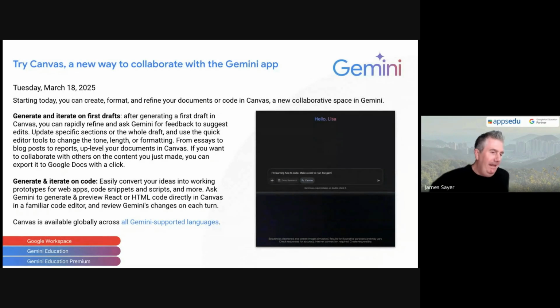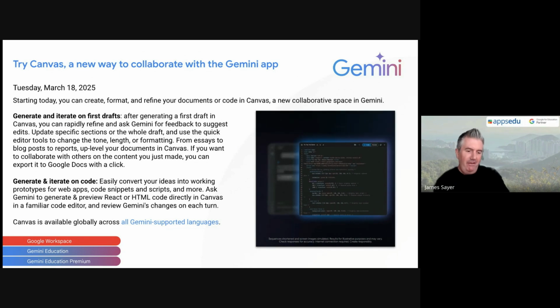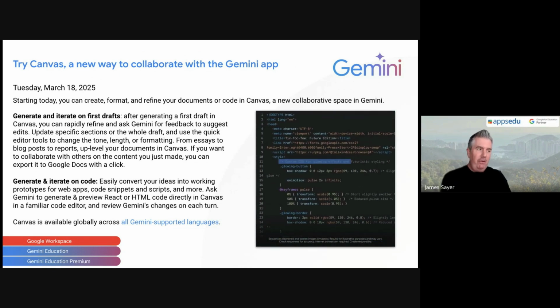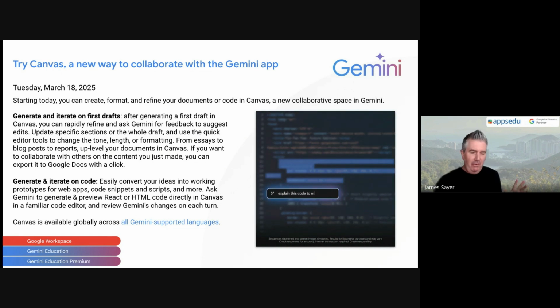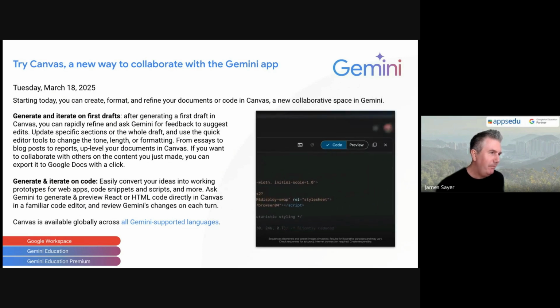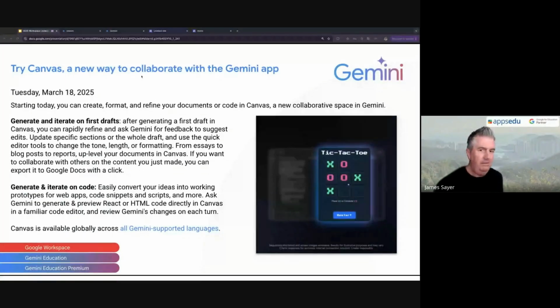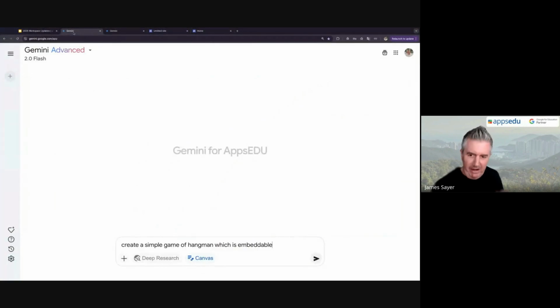Okay, big update last night, which we're all just trying to get familiar with, is the new Canvas feature within the Gemini app. This is actually available to everybody. And so the Canvas feature, in fact, what I'm going to do, I'm going to take the very dangerous course of trying this live. The Canvas feature, when you get to the Gemini app, you'll see this in the lower